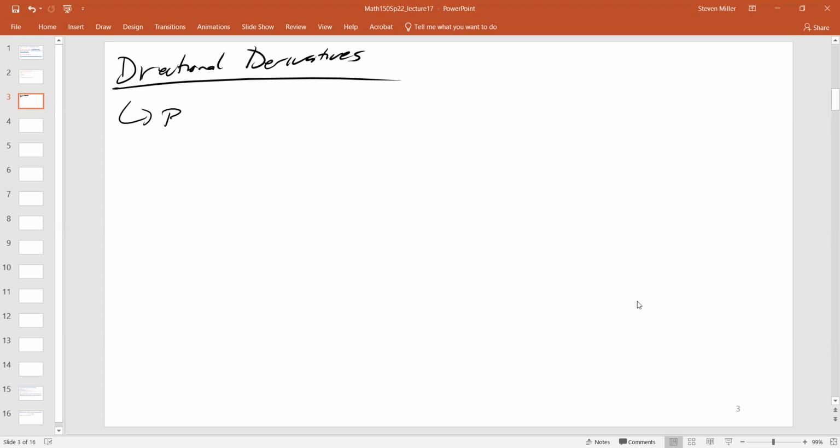So partial derivatives are examples. And they tell you how fast the function is changing along directions parallel to the coordinate axes. You want to consider the more general case. And so what you could do is you could say, here is some curve, and at a given moment in time,